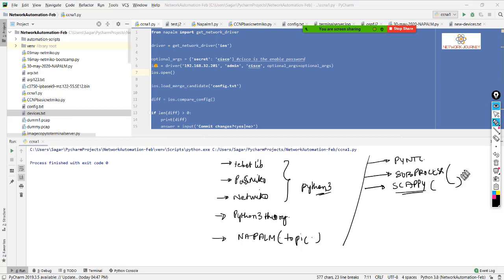So basically these two I will cover in one class, so not much here. PyNTC might be one single class, and then one of the libraries which I had asked you guys to select. So you guys had selected Nornir to be covered in this package, right? So once we are done with these many Python libraries, I will go towards Ansible.